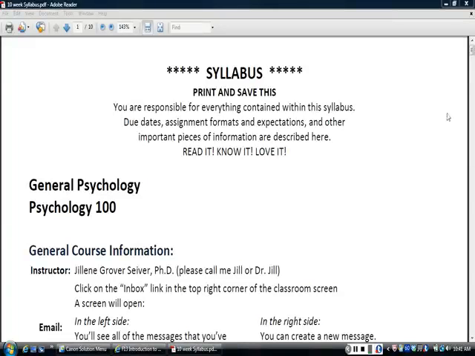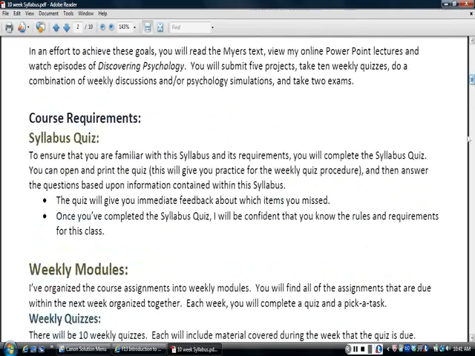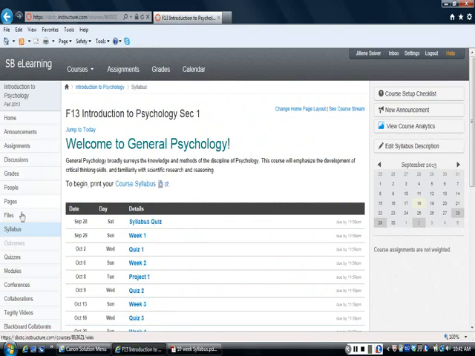Okay, so we're back. In the previous lecture I talked about the first page of the syllabus, your text and so on. Now I wanted to go to the second page of the syllabus and talk about these course requirements, and mostly the weekly modules. Your first course requirement is actually the syllabus quiz, which you'll find in the modules section of our classroom. If you click on modules over here in the left-hand navigation menu,